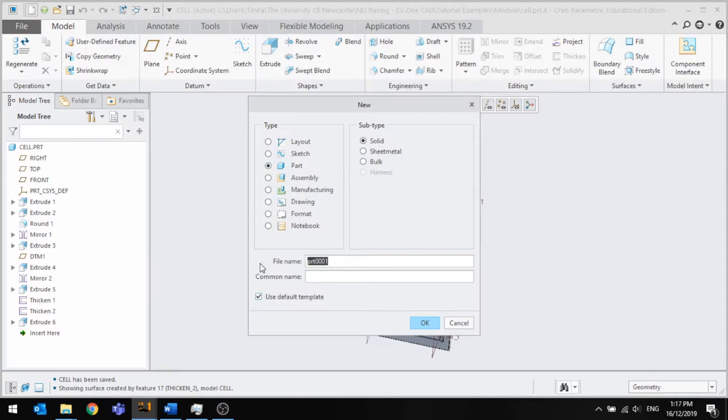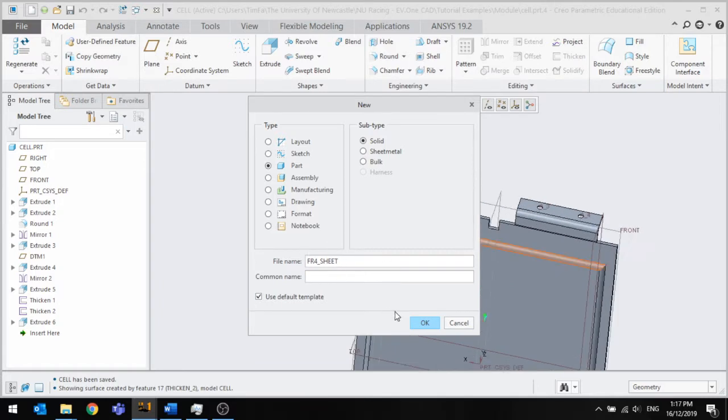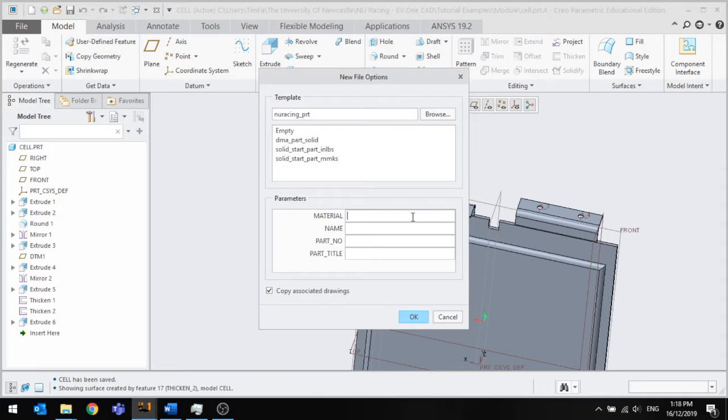Part FR4 sheet, I think we want to do first. What do we want to call that? Yeah, we'll just call it FR4 sheet. FR4. Now I put an underscore in here because Creo does not like spaces at all. So yeah, common name, yep, that'll do. So this is the part that all the cells hang off. So FR4 sheet's not the proper name for it. I can't think of the name for it right now, but obviously we can just go from here. So this is FR4